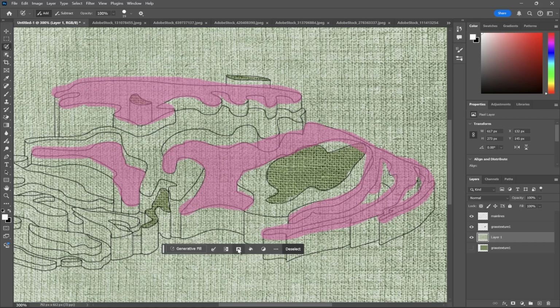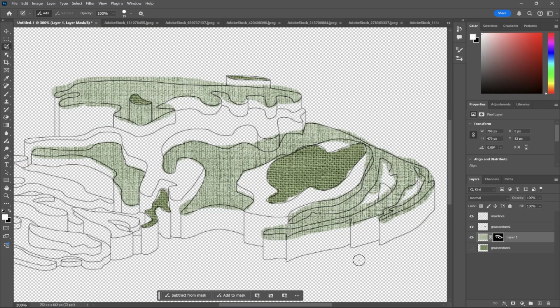I'm going to use this little tool right here that will create a mask for what I've selected. Now when I click on this, it cut it out from that photo, but not in the exact way that I cut it out previously. Because I have used a mask, I can go back in and recover whatever was cut out, or I can cut out more from what I selected.